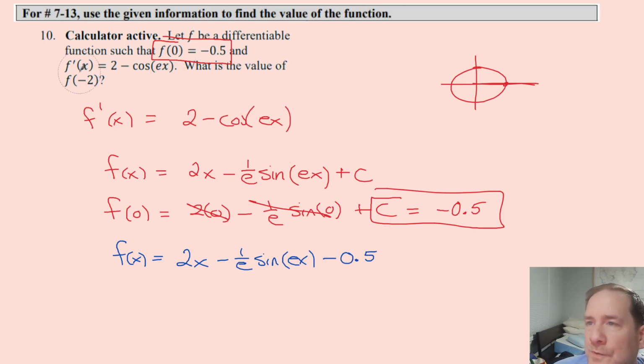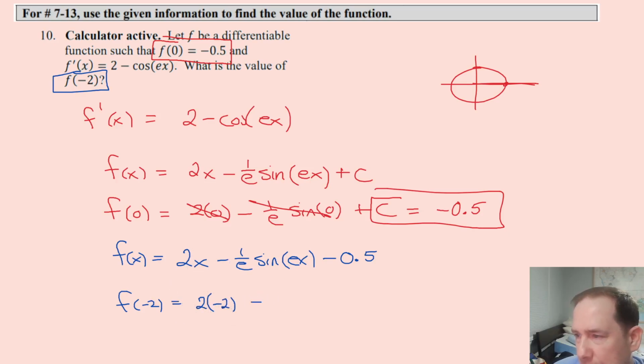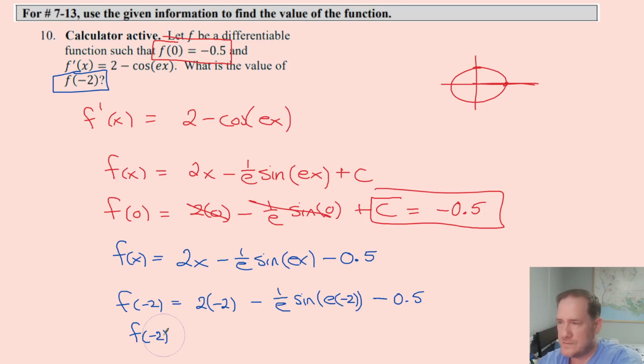And now we're supposed to find f of negative 2. So to find f of negative 2, just substitute that in, and you've got 2 times negative 2 minus 1 over e times the sine of e times negative 2. So this is not e minus 2, it's e times negative 2, minus 0.5. And I'm going to let the calculator do this whole thing, I think, because it's going to be ugly. Well, am I? Yes, I am. Because it's going to be pretty ugly. So if I just mush all this into the calculator,